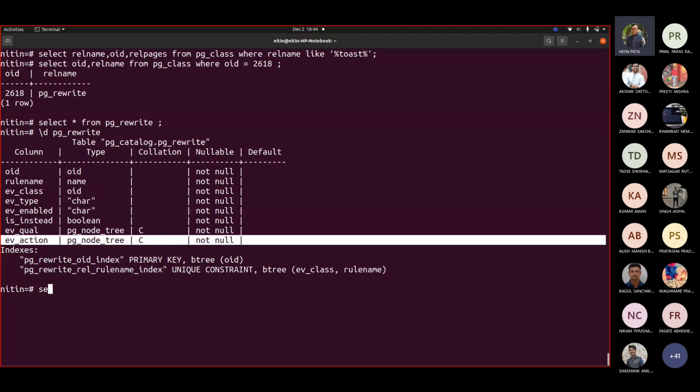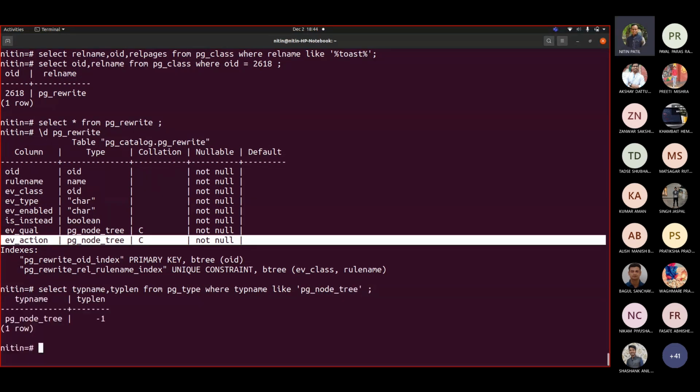So if you see, even select typname, comma typlen from pg_type where typname like pg_node_tree. We don't know the size.